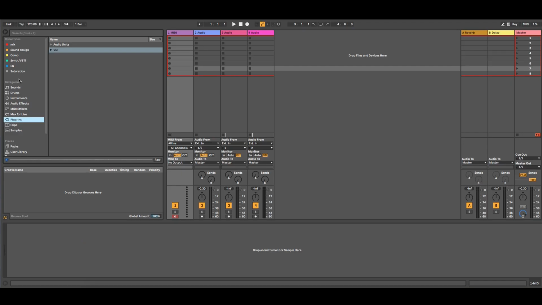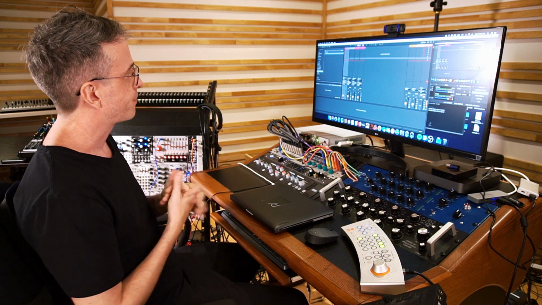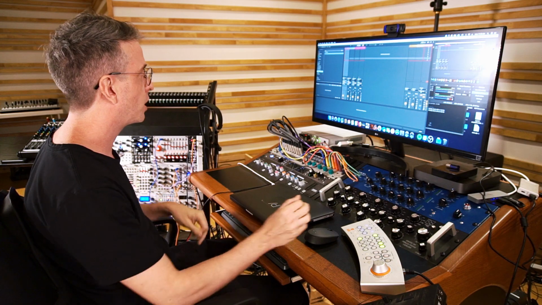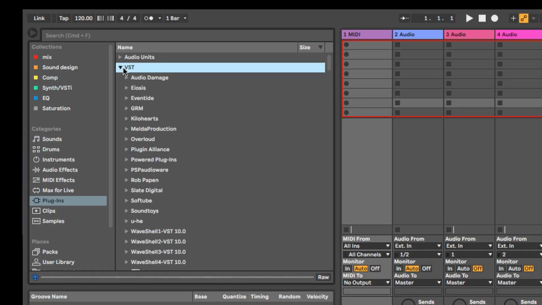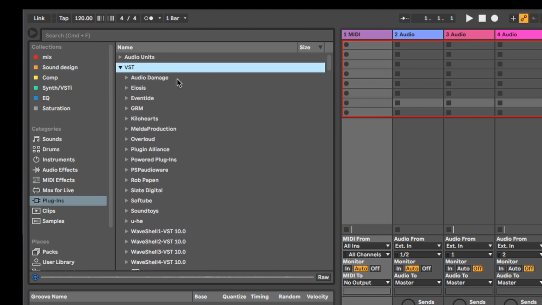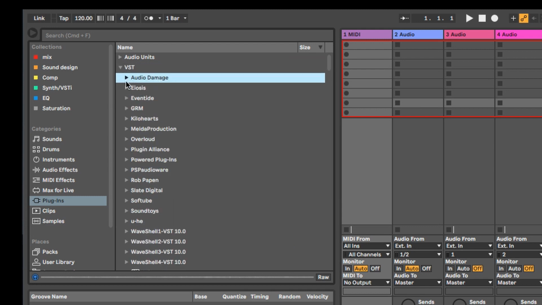So, I was talking about organization, and one of the things that I've done, and this is fantastic for version 10 of Ableton, is you can create your own set of collections here on the left. When I talk about organizing my session, this is something I would invite anyone to do as well, especially if you have a lot of plugins. All these are plugins that have been classified under the developer's name, which is useful in a way because sometimes I want to see what Audio Damage has, and I'll see a bunch of things.